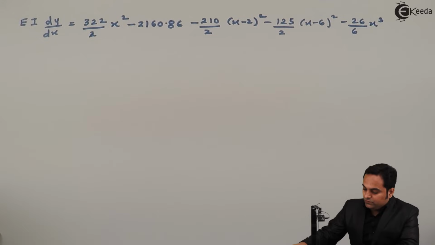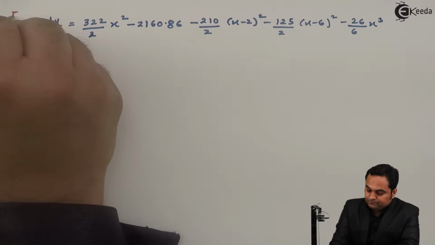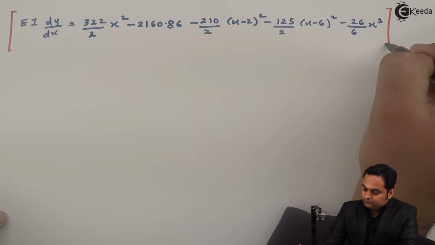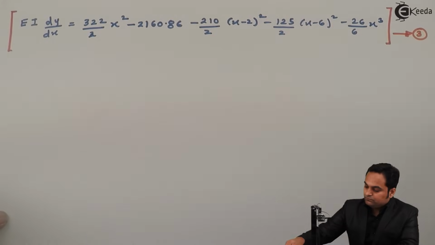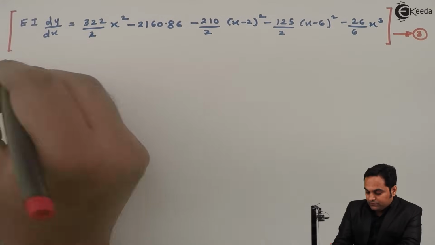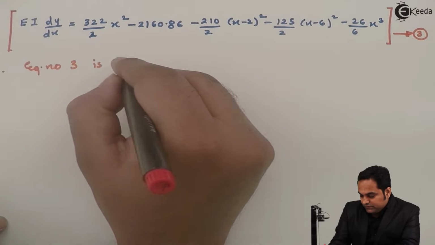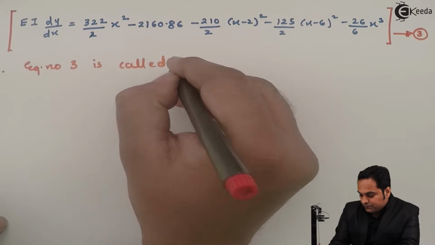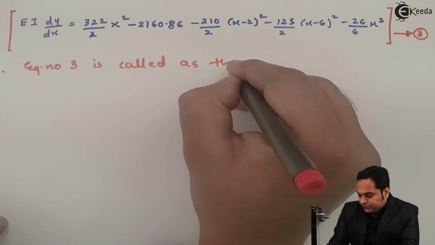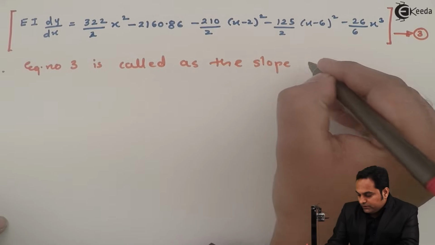Now this is the equation. Therefore, I'll say that equation number 3 is called the slope equation,